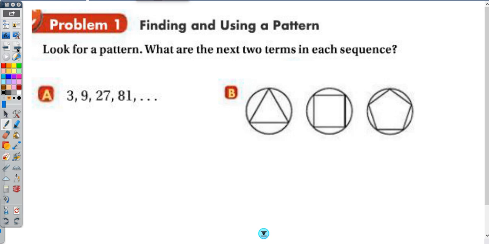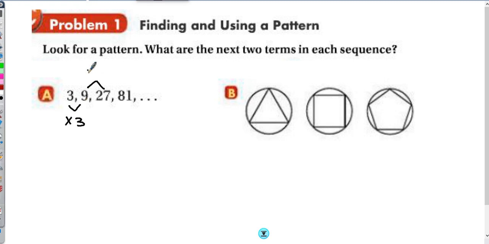So, to get from 3 to 9, times 3. To get from 9 to 27, times 3. So, you want to get the next two terms. So, you're going to take 81